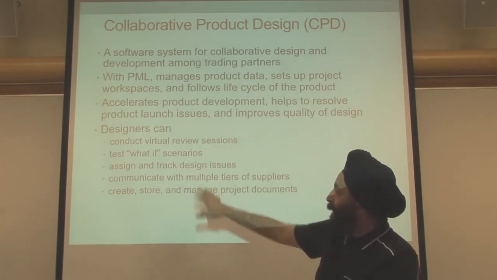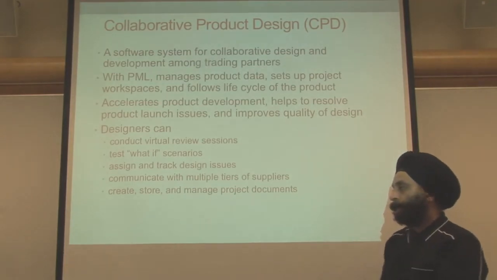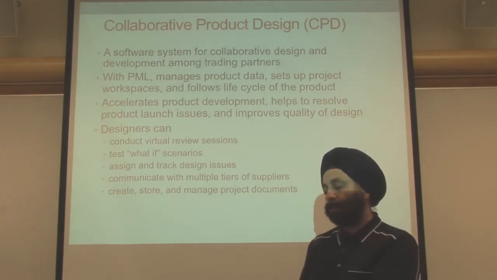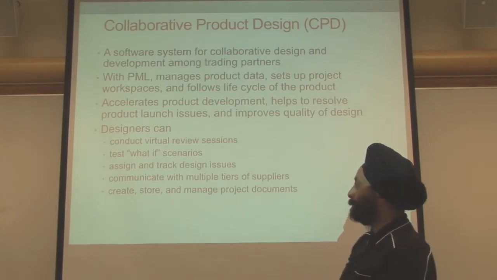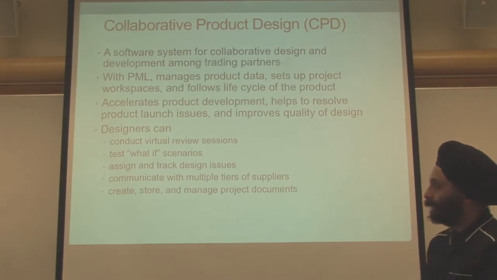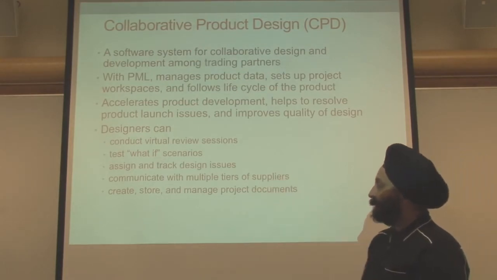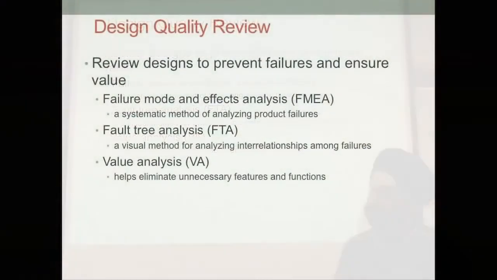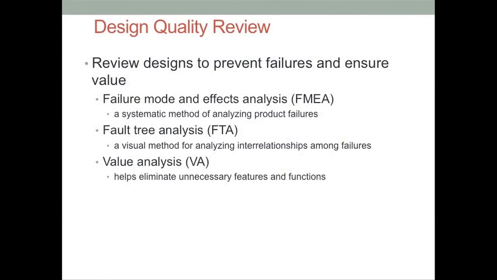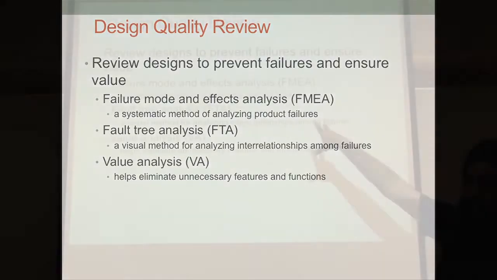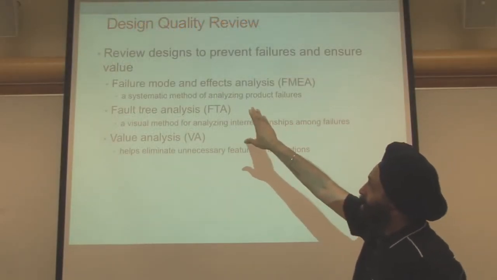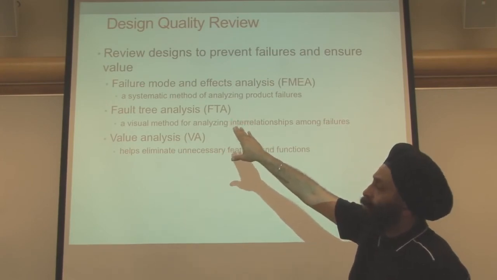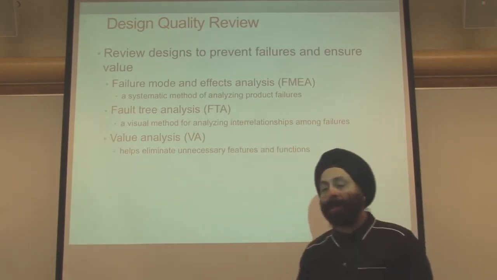You can assign and track design issues, so certain teams or groups of people can focus on one aspect of the product while others focus on other aspects. You also communicate with various suppliers and manage product documents. Then you have design quality reviews, where you review the design to prevent failure and ensure value. Certain tools here are FMEA, which is failure mode and effect analysis, which is used a lot in industrial engineering